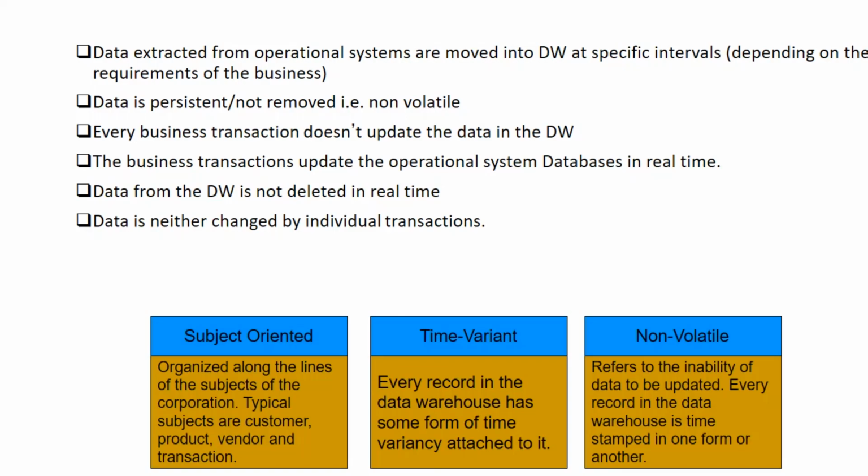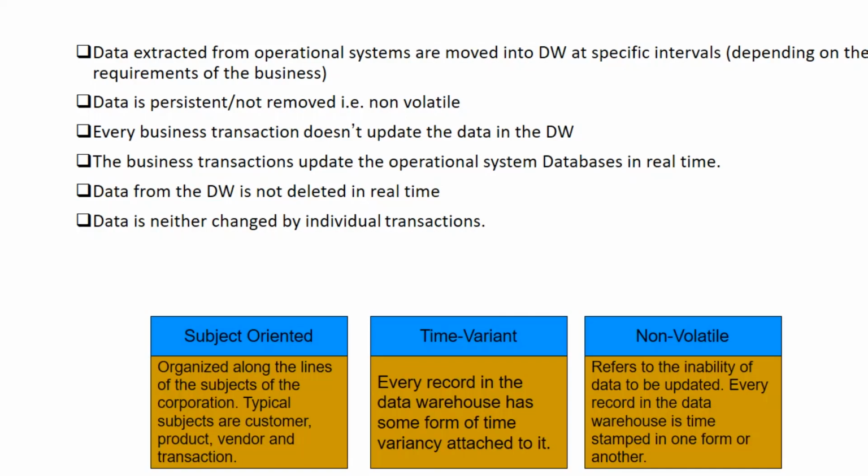It is not changed. It is not removed. It is permanent in nature. Okay, you don't update it. You don't modify it. You don't create more data. Okay, so once the data comes into data warehouse from various sources, heterogeneous sources, it is non-volatile in nature. It is persistent in nature. Every business transaction does not update the data in the data warehouse. So whatever the business transaction updates are doing, they are being done in the operational database, or we call it OLTP database,